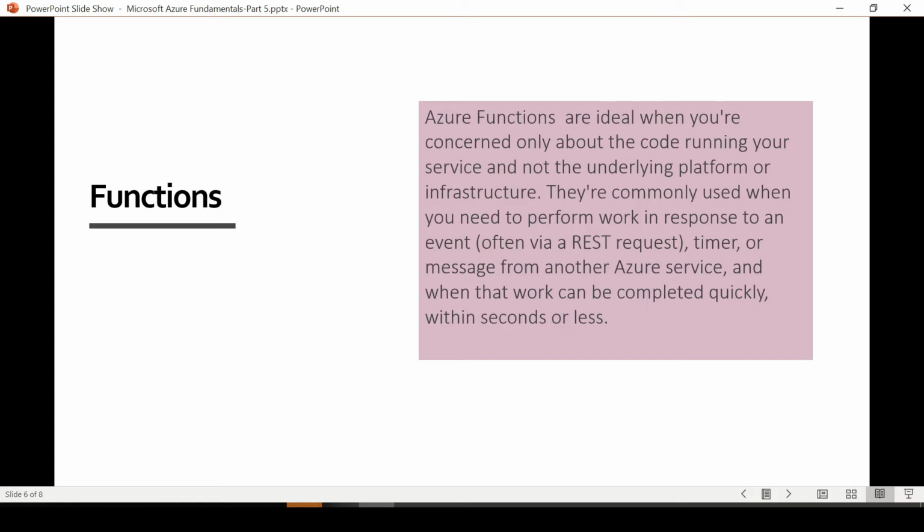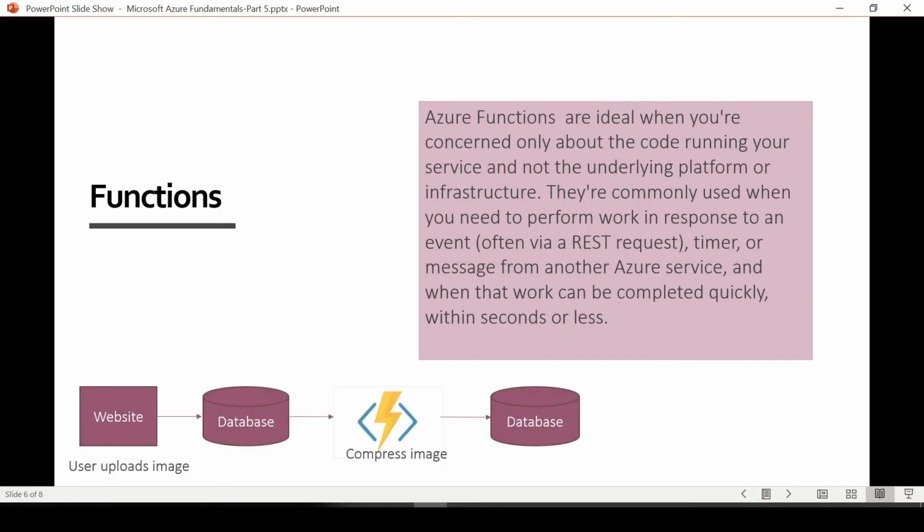It's perfect for image processing, order processing, and if you want to run a scheduled task. For example, a requirement is we have an application where users upload their picture, and in return they will get the compressed picture. For example, if a user uploads an image of 100 MB, then in return they will get a 50 MB file. First of all, the picture will go to the database and then we can trigger our function, which will resize the image and return it to the user. So in that scenario also we can use functions.